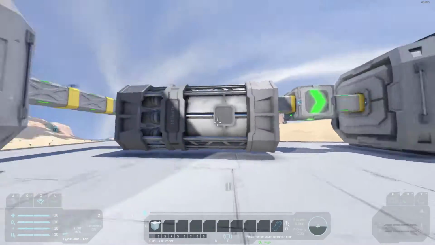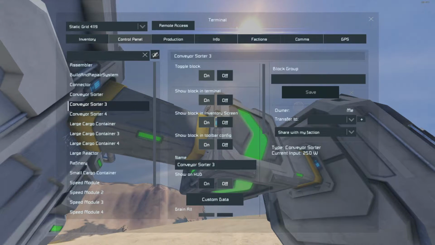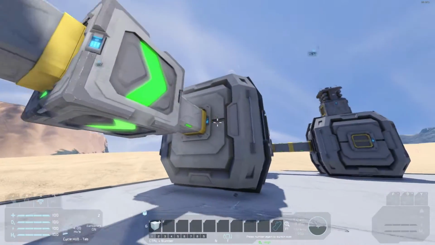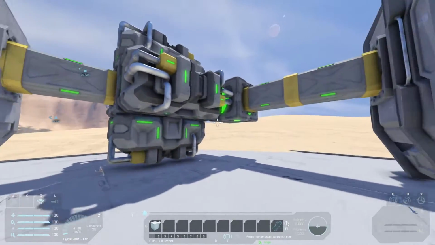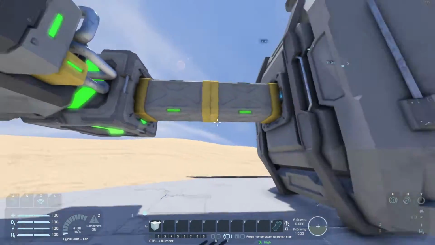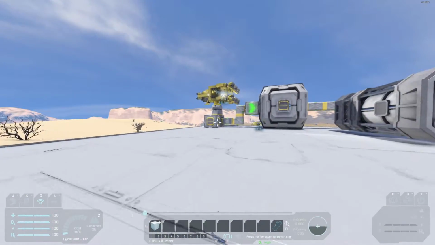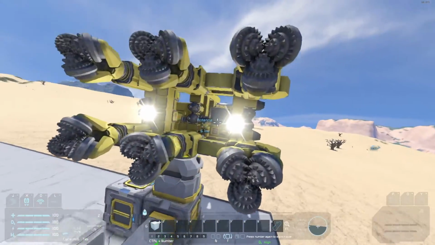And it's going to just keep on going down the line here. And if we look at this particular sorting block, we will see that the whitelist is set for ingots and components. Again, pushing the components down the line. And by the end of it, we're going to end up with a sorting block here whose only purpose is to push components into this final container. Now, this does work. If we jump into our mining ship here